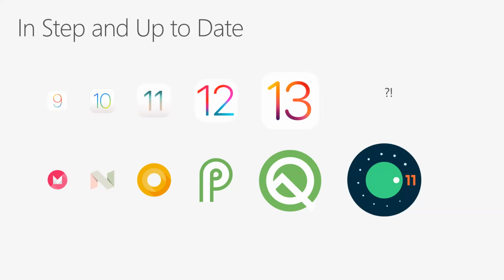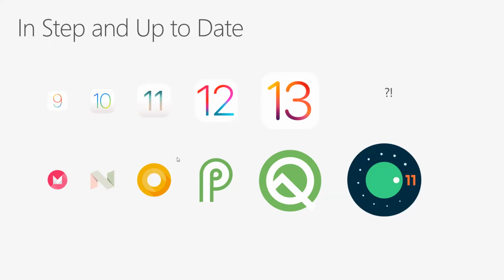Android 11 is the next thing that's coming out. It should be coming out in a few weeks. And then iOS 14 will hopefully follow after. We'll see. Maybe they'll change the number. Maybe they'll throw an X in there. We never know with Apple. But that is one of the perks of using Xamarin, that you never have to worry about being behind the native platforms with their software.